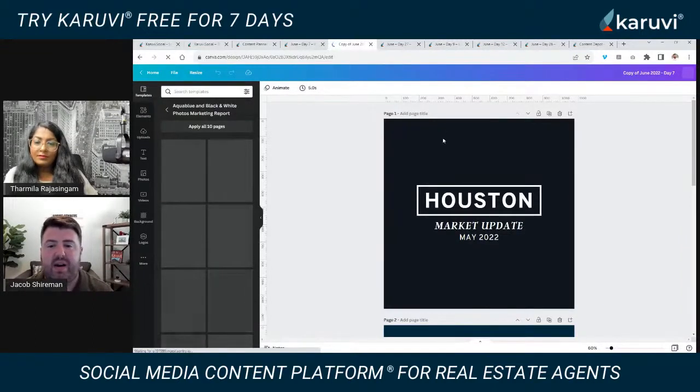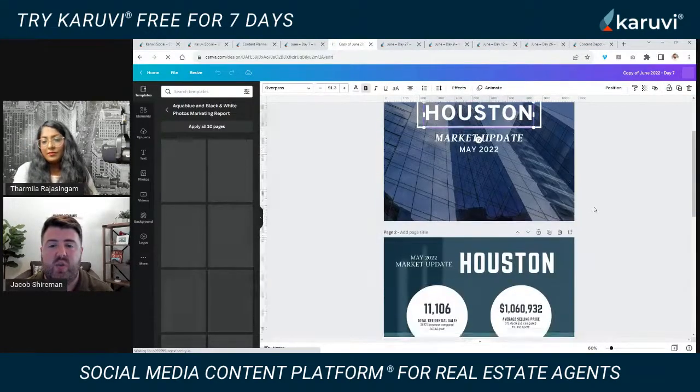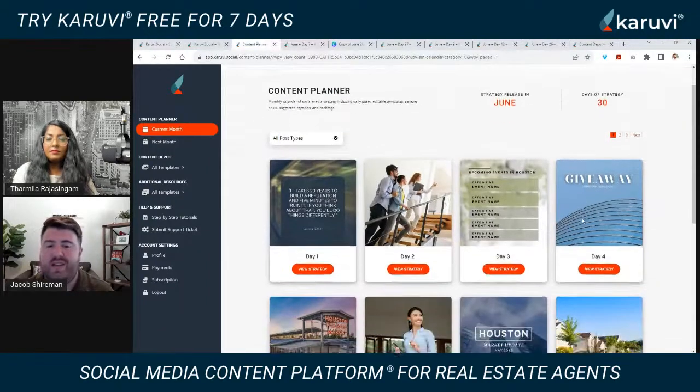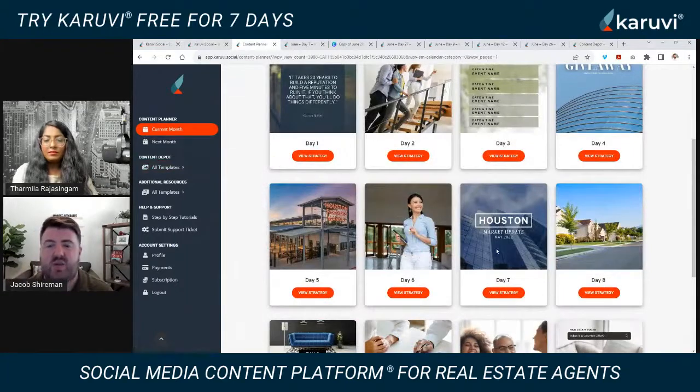You can change the background image. You can change the fonts. You can choose which one that you want. And then you just download it and put it into your social media planner. All of these posts can be scheduled into any type of social media planner that you're using, whether you're using Hootsuite or Buffer. You can literally sit down, take the content for the week on a Sunday, and just schedule it for the week.